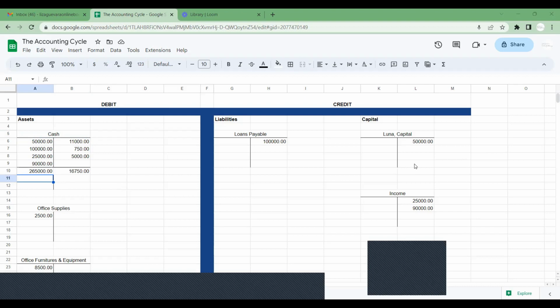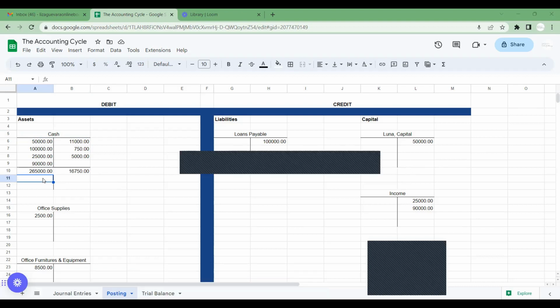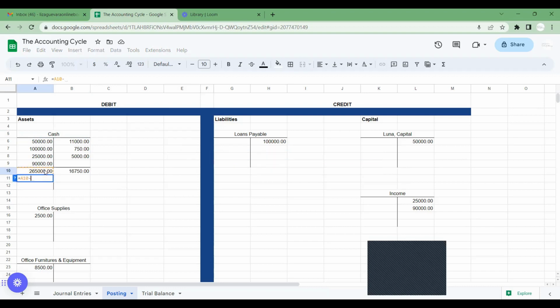So let me try this one. That would be this one minus the credit side. So the balance of your cash account is